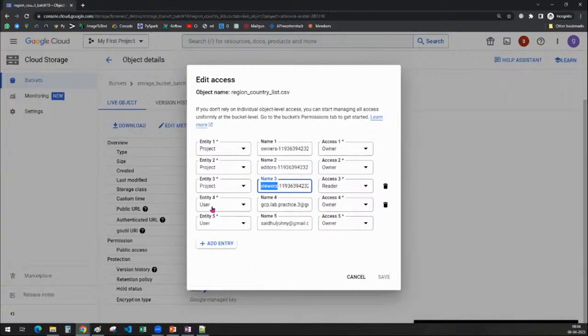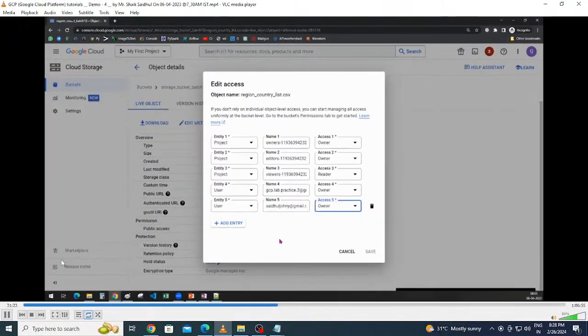It is all about the project, and user is my account. So you can see here, right? This is my Google account. But if you wanted to give any other account access, you add an entry, you provide an email name, or you select here. Okay, whether it is owner or reader. Okay, so this is how you are going to edit the access of each object. So object level permissions you are going to achieve with